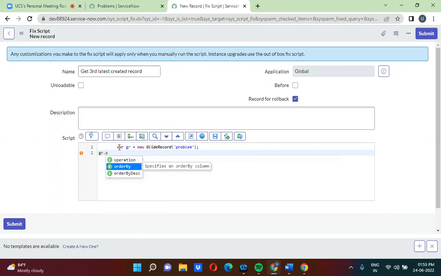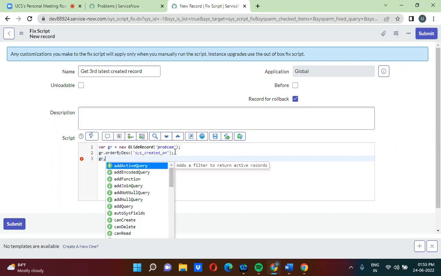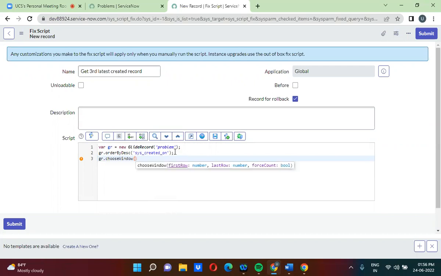Okay, gr dot orderByDesc. This order by descending order will get the latest created records based on the field. Latest created records means we have to keep the created field. The created field name is sys_created_on. Then gr dot chooseWindow. ChooseWindow will let you select the third latest created record. In between second and third record, whatever comes under second and third, we will be getting the third record. So gr dot query here,